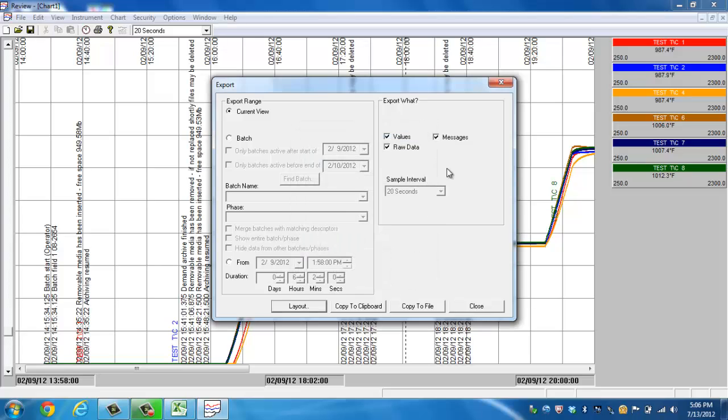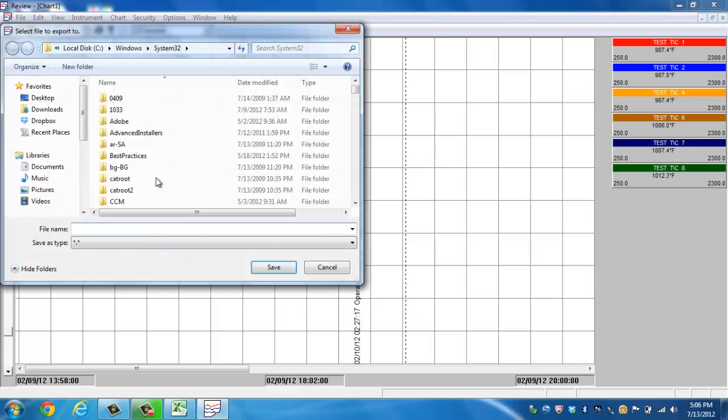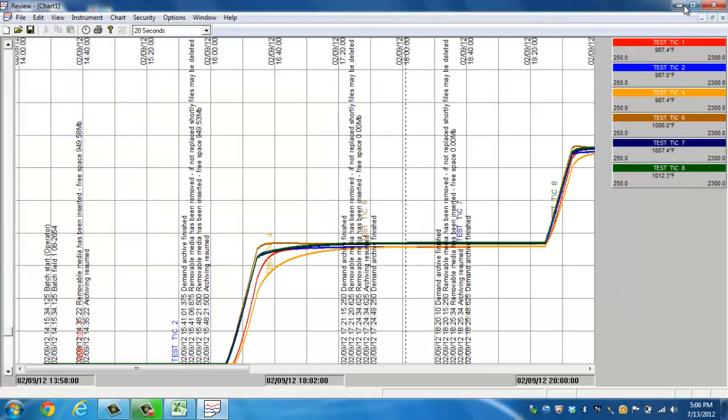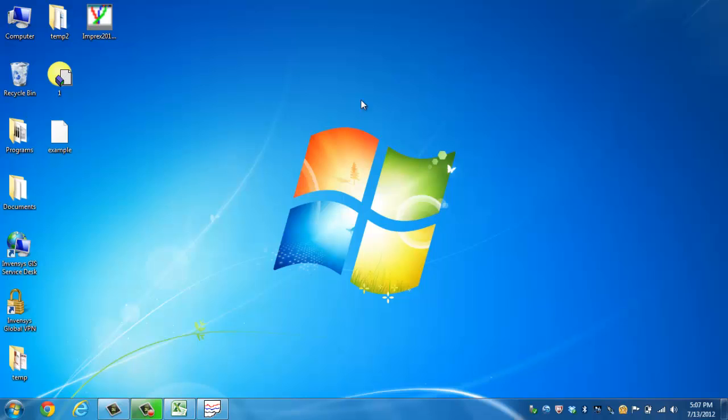What I'd recommend doing next, once you go through and choose what options you want, is hit Copy to File, and you can save it on your desktop as anything. We'll just label this "example". And we notice that we won't give it an extension, and I'll discuss why we're doing this. So I created a file called example, put it on my desktop, and here we go. Now we've got a file called example. It's a blank file